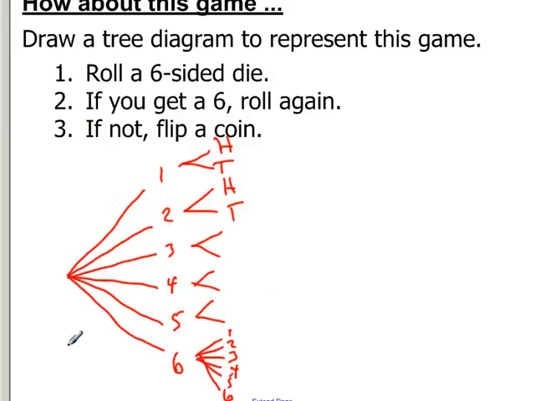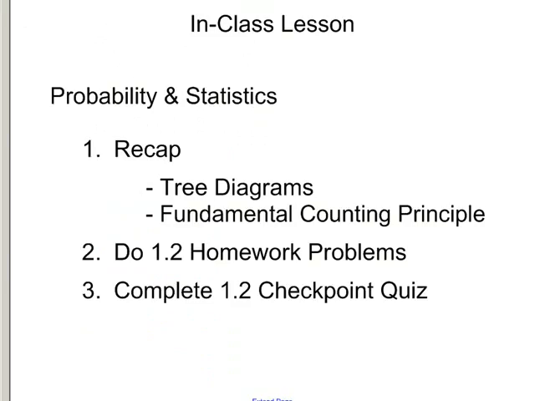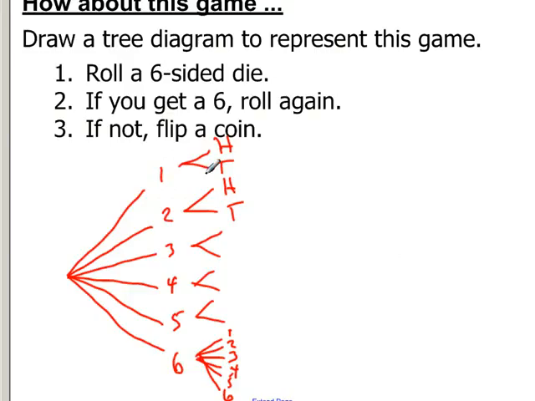It is slightly different. Okay, that's just kind of a rough, quick problem there for you to take a look at. All right, so that kind of wraps up the online part of this lesson. How many outcomes are there here? 1, 2, 3, 4, 5, 6, 7, 8, 9, 10, 11, 12, 13, 14, 15, 16. There's actually 16 outcomes here in this little game. We'll talk about this kind of stuff